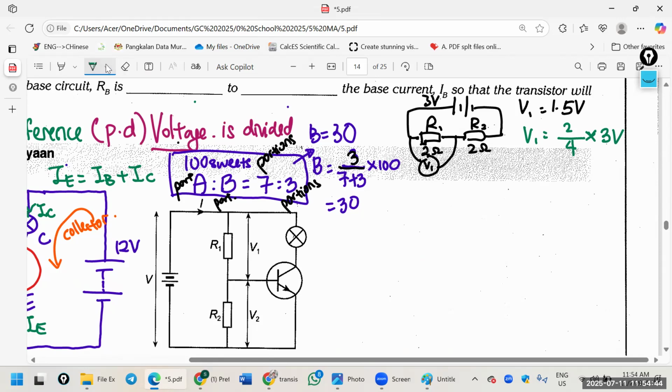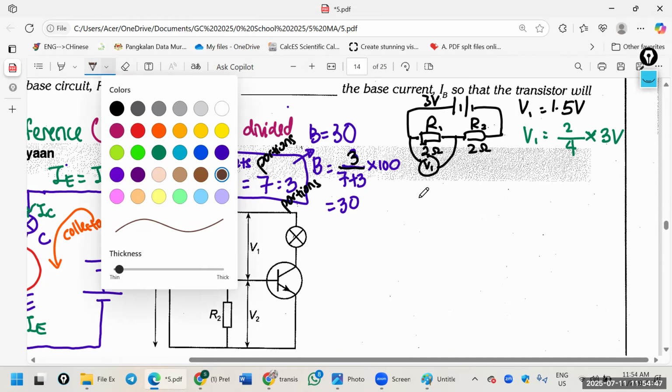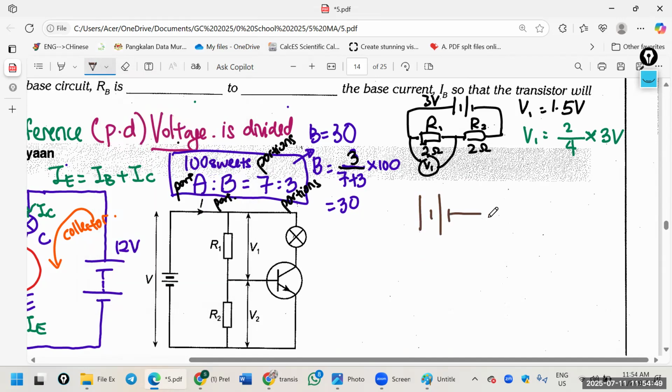Now, it comes to the complicated one. Here we have